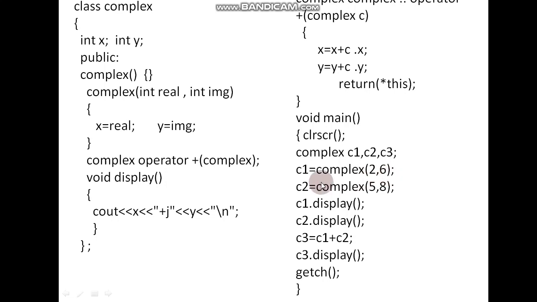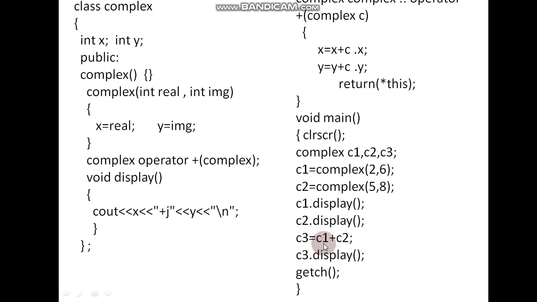Now these values will be assigned to the object C1. We call the constructor function again explicitly. We pass these two values, and these two values will be assigned to the object C2. We are calling display function for C1. We display values in C2.